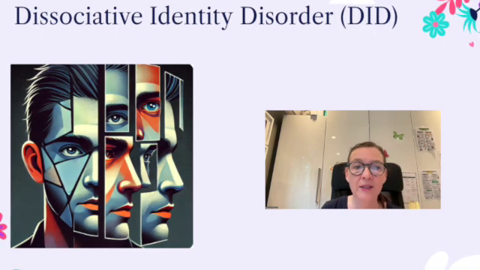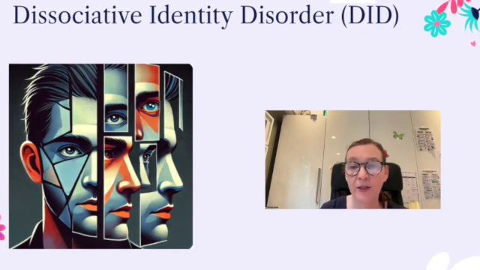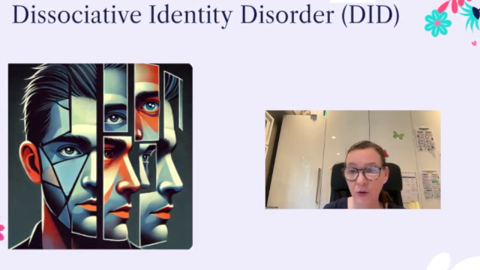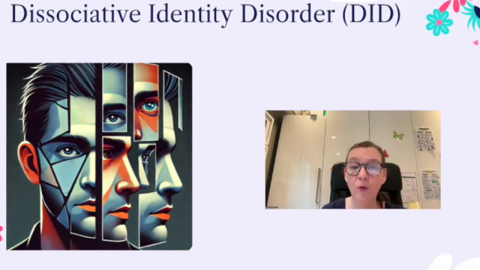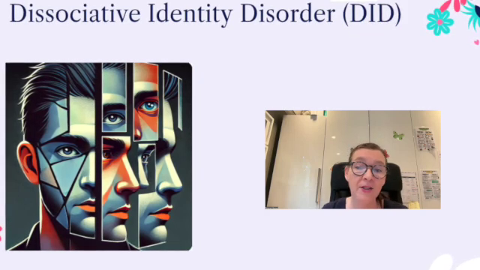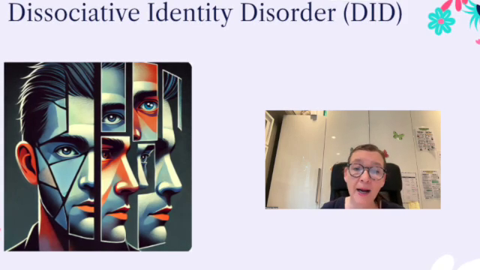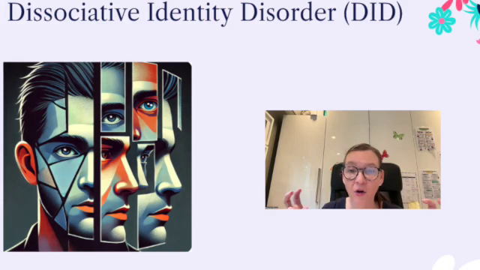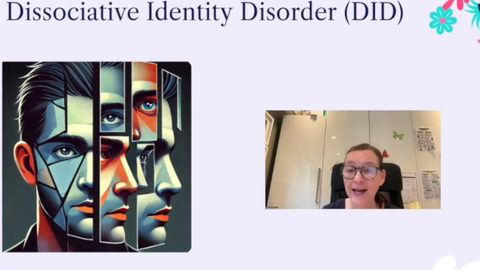So let's look at some of the possible causes. One of the most common causes of DID is severe and repeated childhood trauma, such as physical or sexual abuse at a young age, extreme psychological stress that overwhelms normal coping mechanisms. So we also have to ask ourselves, why does this happen? Also, the mind creates separate identities or alters to cope with overwhelming trauma, allowing the person to detach themselves from